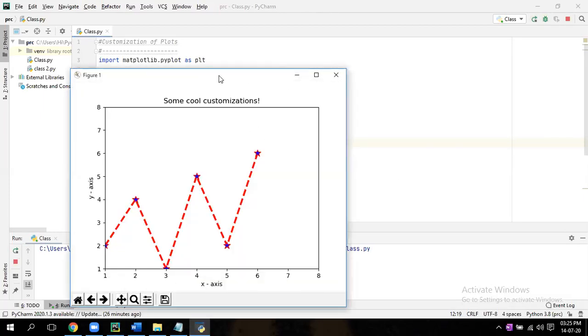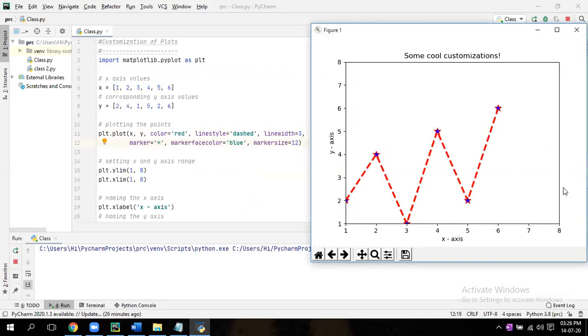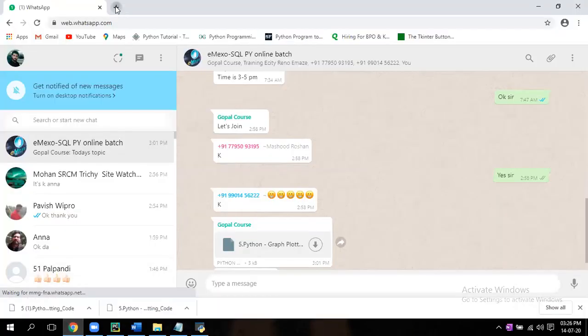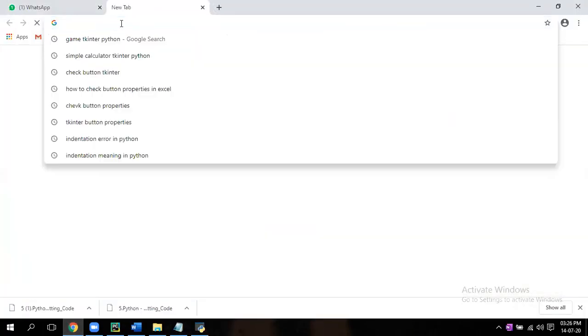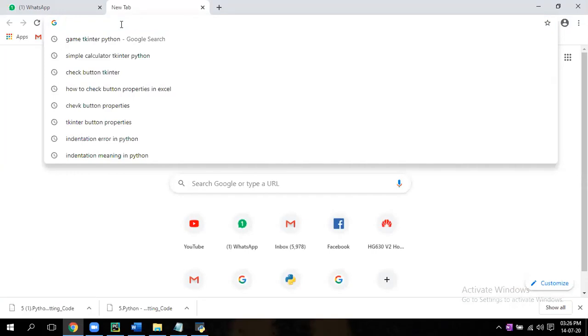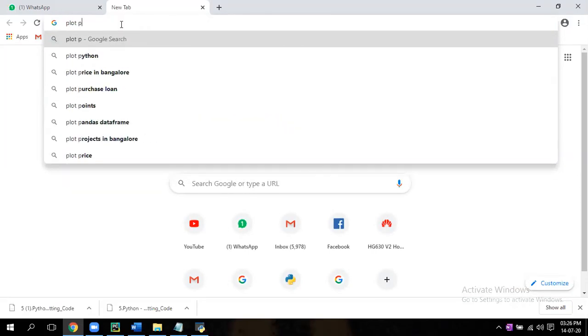Okay. So like that you can change whatever you want, and there are some properties. Same, you search, go to Google. You can write plot properties in Matplotlib.